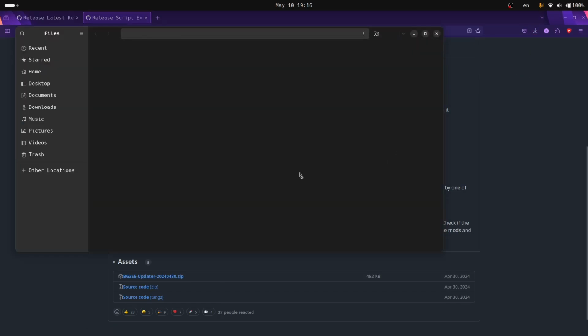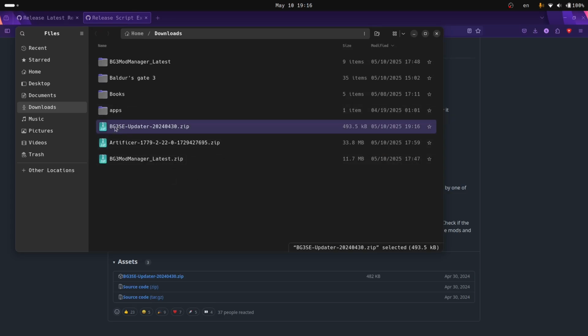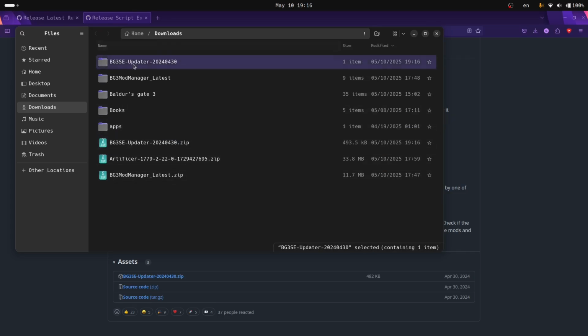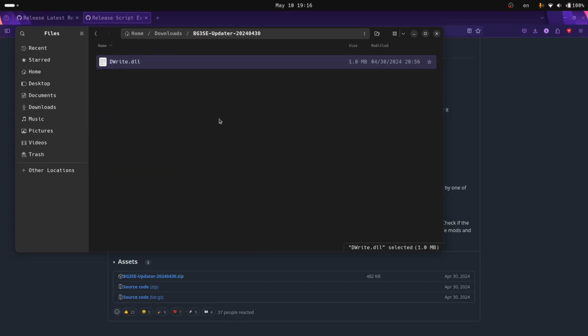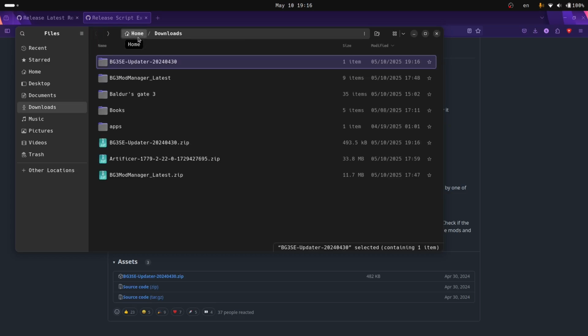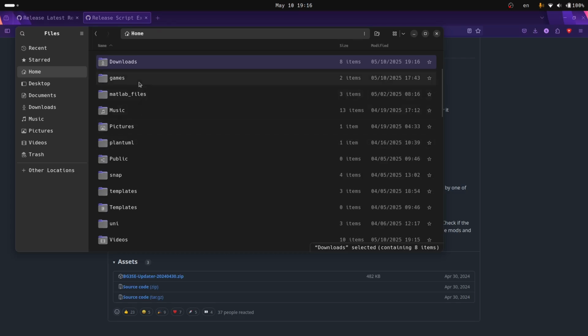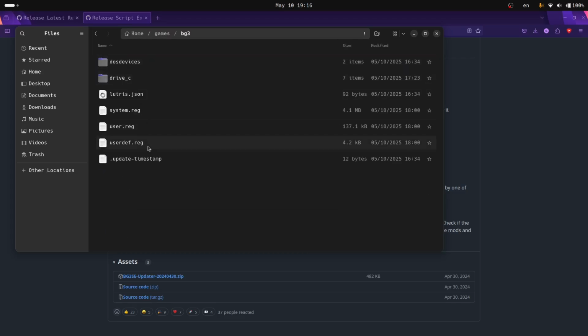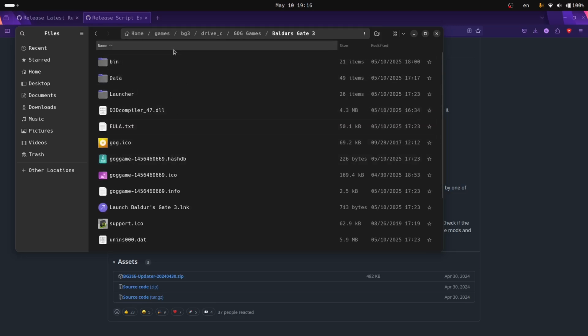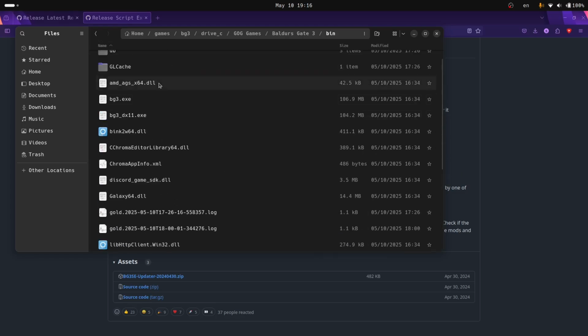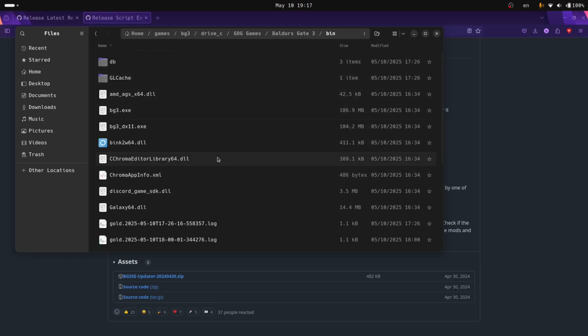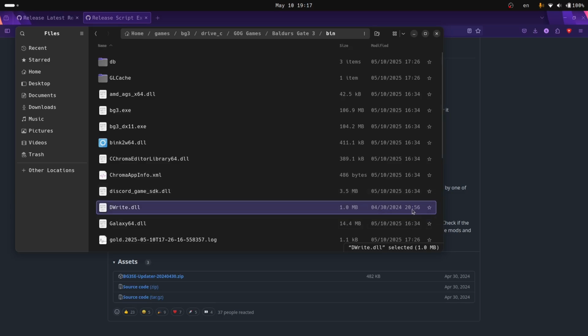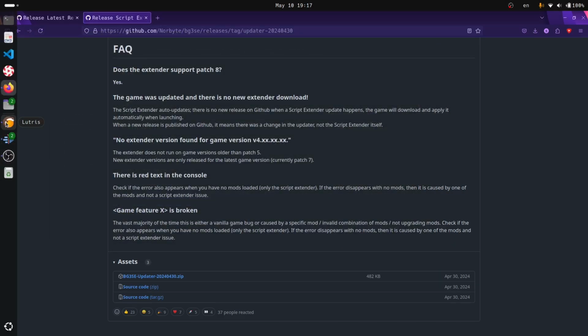We're going to open it in the downloads folder, unzip it, open the file, and open the folder and copy the file into the Baldur's Gate 3 bin directory. So we go to Games, Baldur's Gate 3, Drive C, GOG Games, Baldur's Gate 3, and bin. We're gonna copy it over here, as you can see, just copied. And now that we've done it,